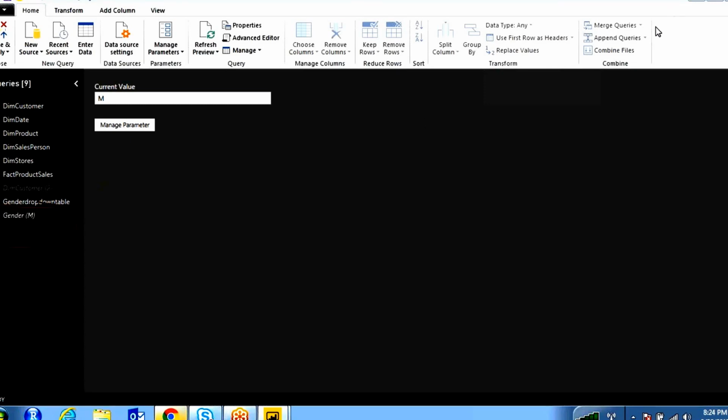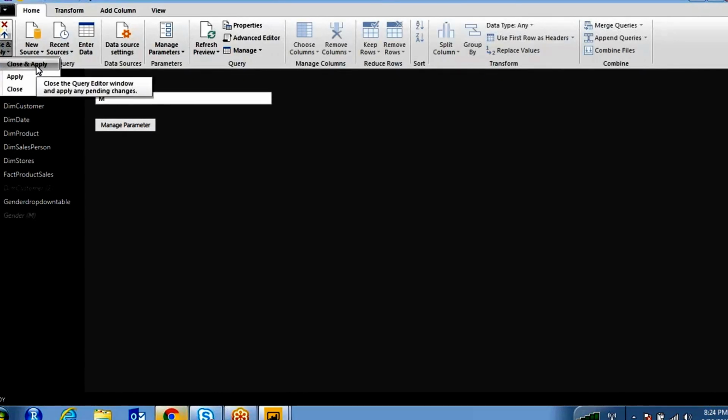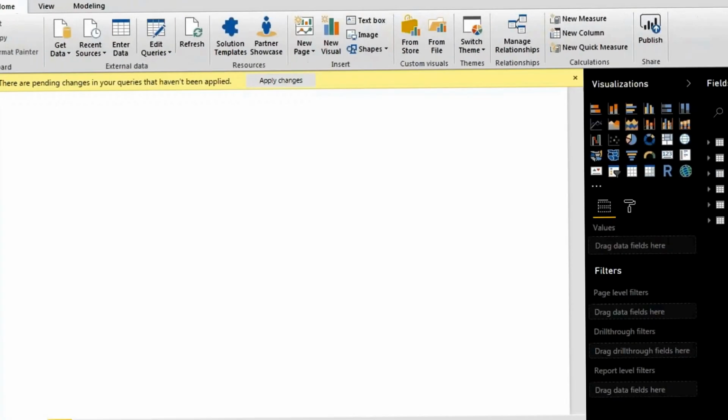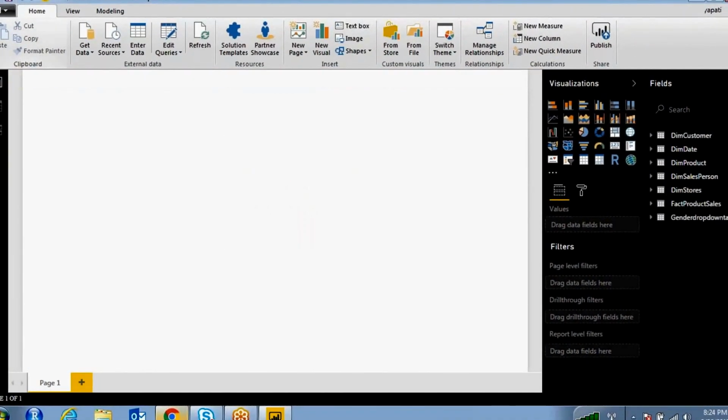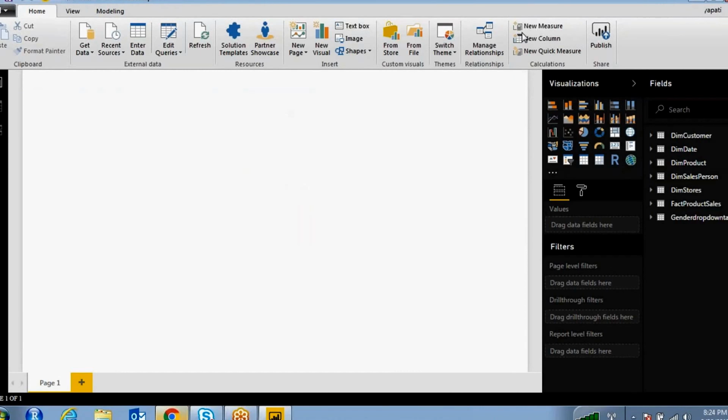Okay, right. So now what I want to do is apply whatever transformations you have created in the edit query window. If you want to apply those changes, apply, close. If you want to apply and you don't want to close, you can click on apply. So I want to apply and close it. So whatever parameter you have created,